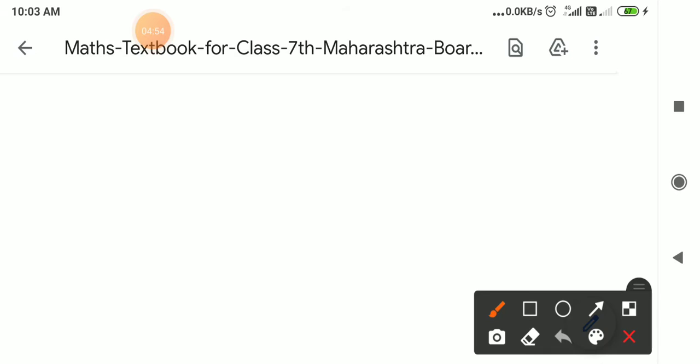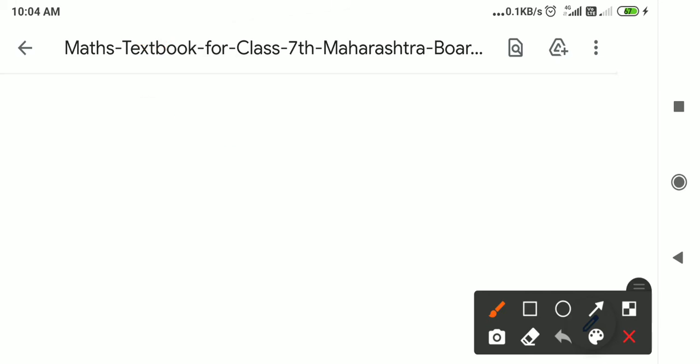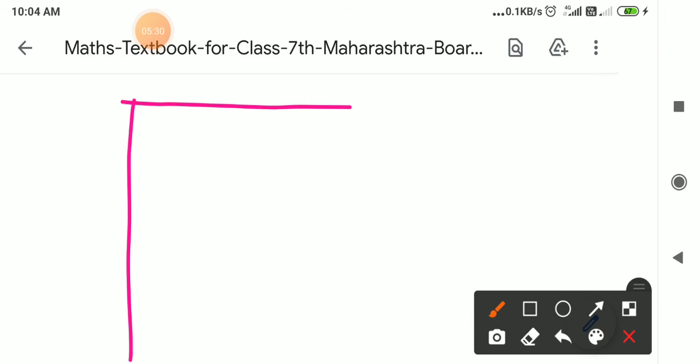Now one more method is the square root method. So 144 we have to write here. This is the square root method. 144, how to find its factors, how to find out which number 144 is the square of. You know that it is the square of 12. You learn it also. Now we solved the example by the factor method, and the same example we will solve by the method which I just now told you, that is the square root method, we will see now. So 144, right? Before that, whenever we have to find it, this is the sign, this type of corner you have to write here, and 144 right here.